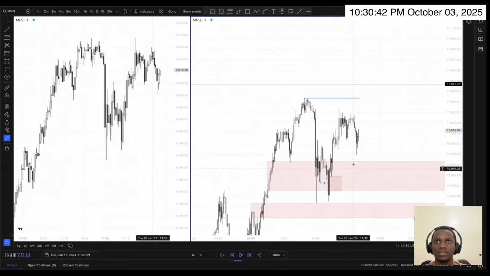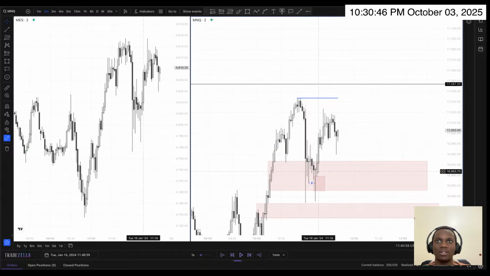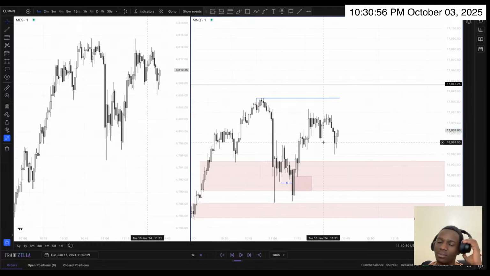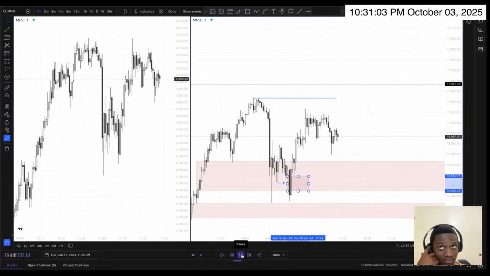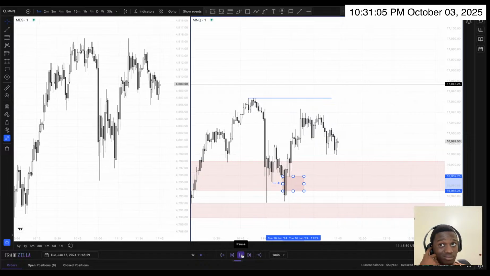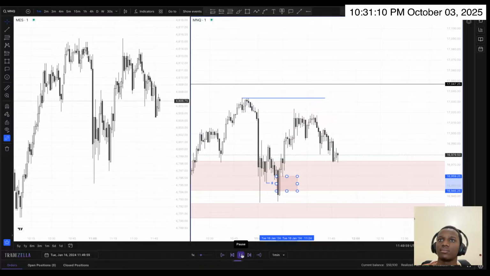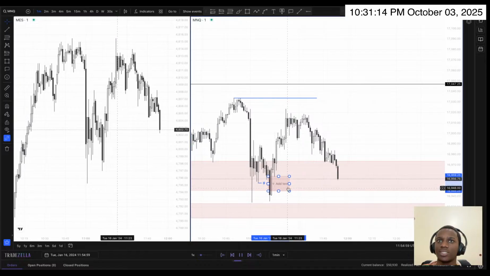How's the 1 minute? So the 1 minute will leave behind this gap, and if it's in discount, the other model could apply. No, it's not in discount, but I think the other model, the ICT 2022 entry model, would apply here. Let's just wait and see. It's already lined up, so